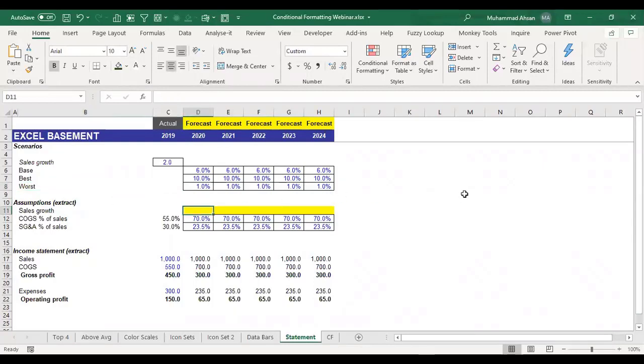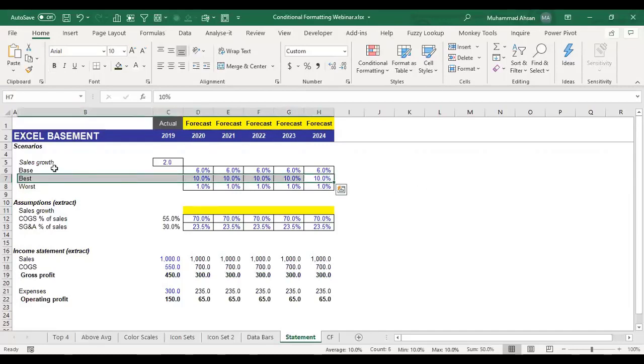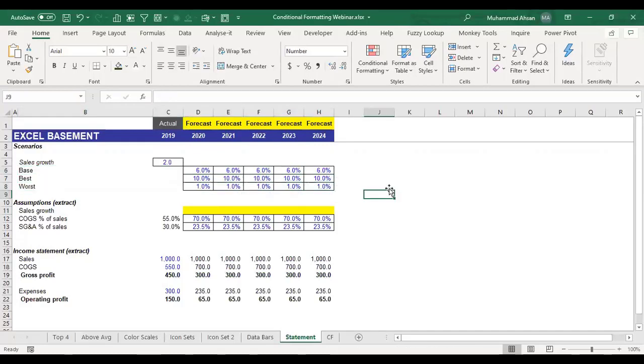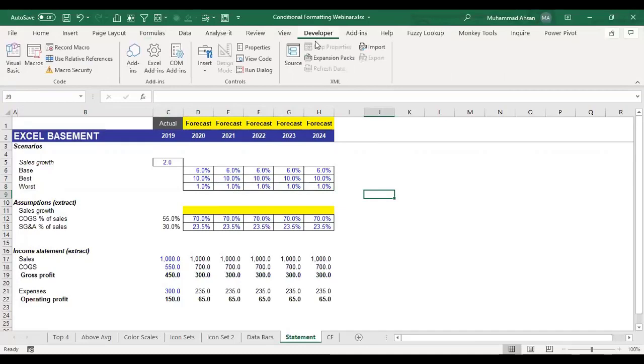So we are required to create a logic here so that whenever we select any situation from a drop down menu, that entire PNL gets updated. And also we need to apply the conditional formatting so that particular entire scenario should get highlighted as well. Okay, so let me do it. So first I will go to the developer tab, and from this developer tab I will click on insert, and from form controls I will select the combo box. Okay, and I will draw it on my spreadsheet.